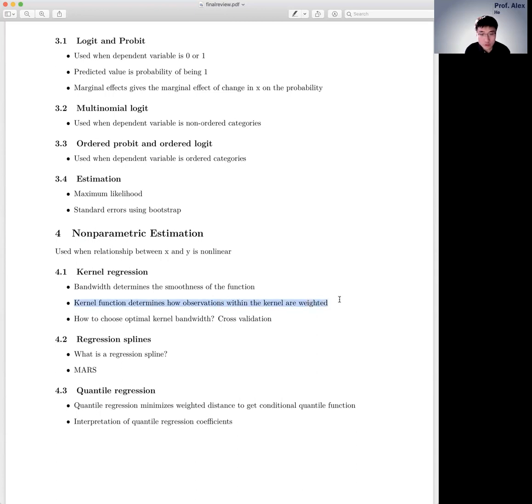So kernel function determines how the observations are weighted, and then your prediction would be a weighted average of the Y values. And to choose the optimal bandwidth, you would do cross-validation. Okay. And then the second class of model that we can use to do non-parametric estimation is the regression splines. And there we talk about